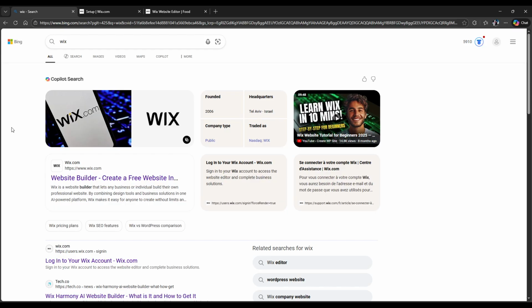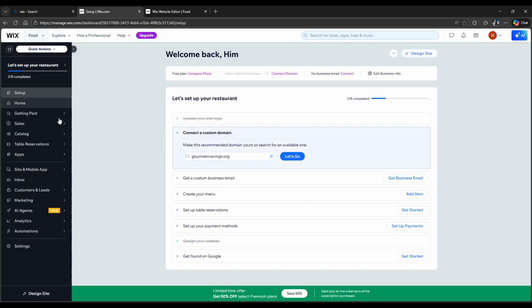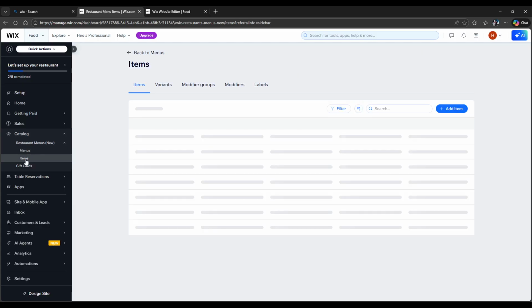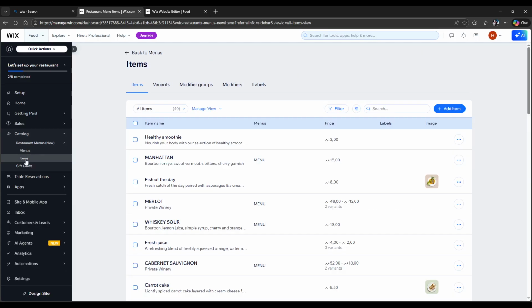all of this. Look for Wix in the search bar, go to wix.com, make sure you log in using your email address and password. As for now, as you see on my dashboard, for my website, I actually have a restaurant type of website. So for me, I only have catalog restaurant menus. I have menus and items, but for you guys who have a normal store, you will be able to see